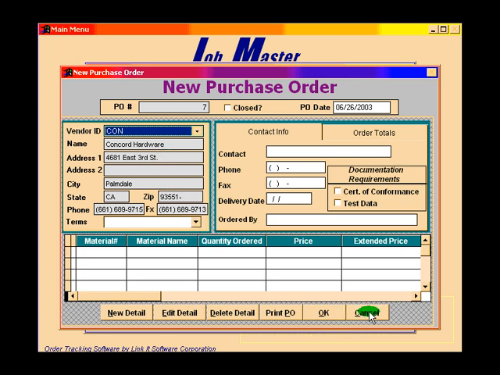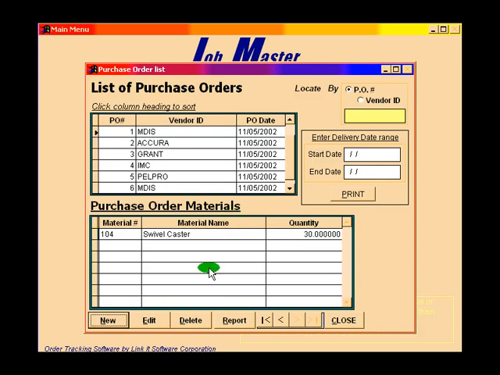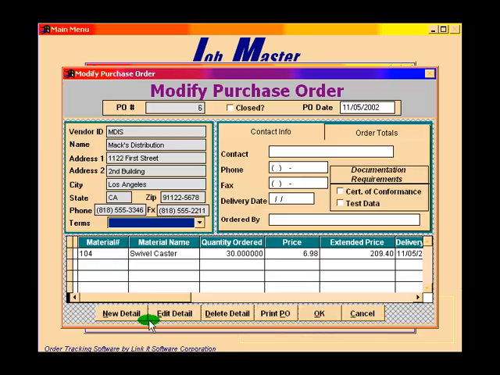I'll click on Cancel. We'll go back to Edit, so we can look at a thoroughly filled out purchase order that's already been created. This takes us to the Modify Purchase Order screen, but this is exactly the same screen as we just saw for a new purchase order. The only difference here is that the information has already been filled out. As you can see from this screen, the purchase order number is filled out automatically by JobMaster in sequence, and